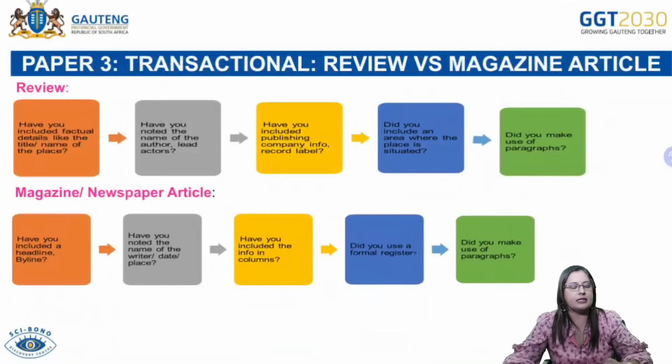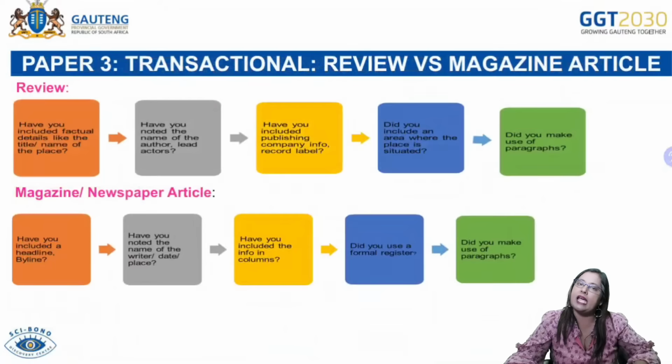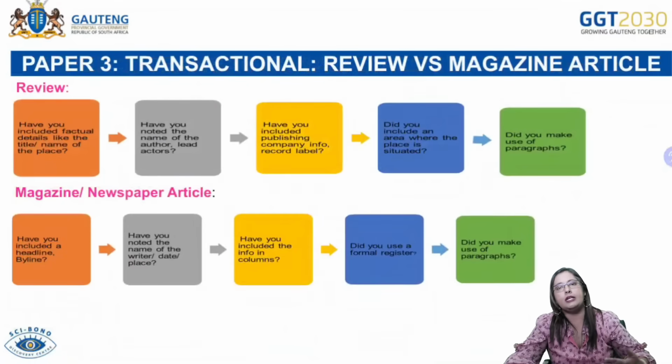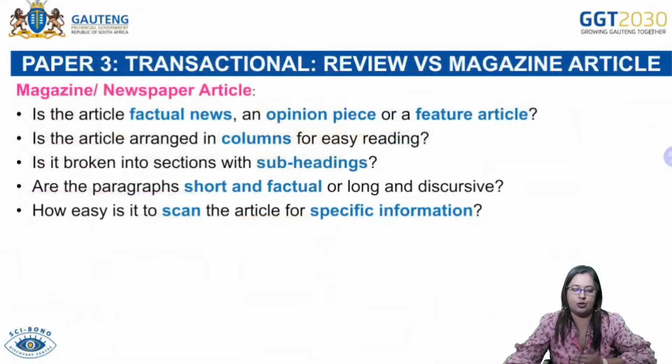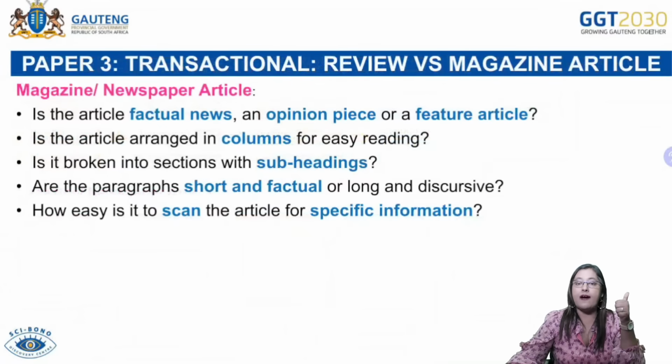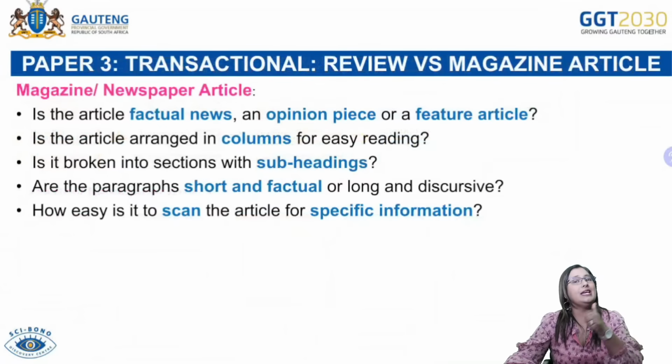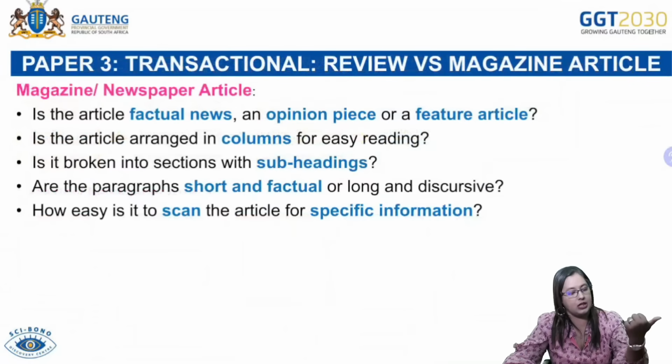So as much as the magazine article, for example, might be for a teen magazine or for a youth magazine, the way in which you write it should not have so many contractions, informal language, that kind of thing. It is still a formal piece of work. All right. So please make sure that you are taking note of that. So, is the article, importantly to note, a factual news article, or is it an opinion based piece of work, okay, or a feature article?